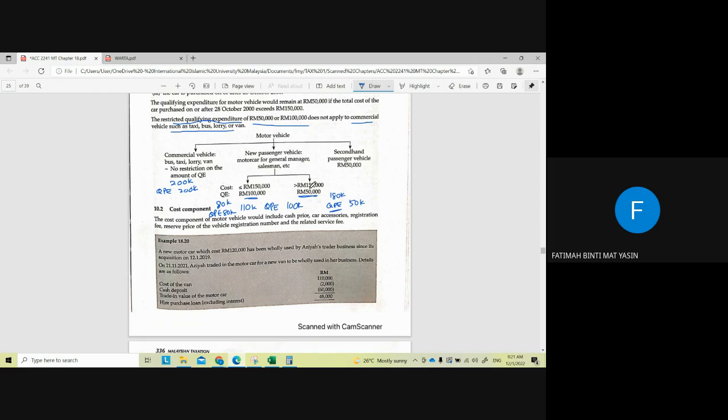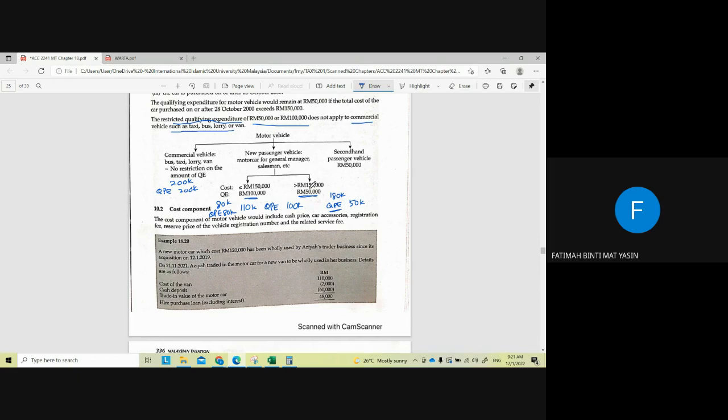So the lower the QPE, the lower the initial allowance or annual allowance that the company can claim. It means that they cannot reduce much of their tax liability. So that's why usually the higher the QPE is, the better for the company, because they can claim more